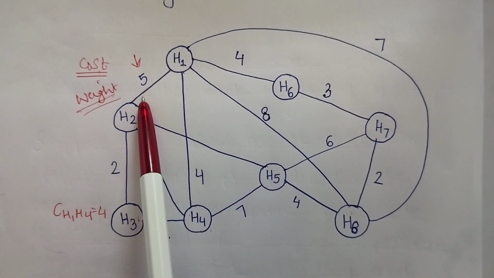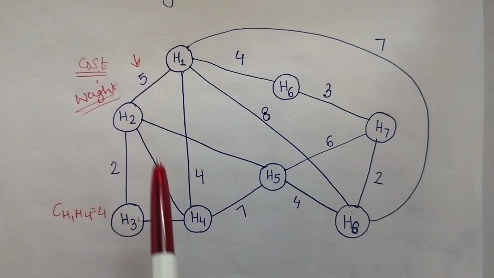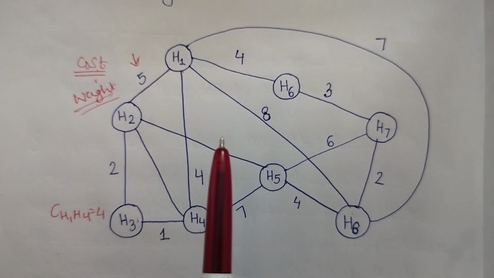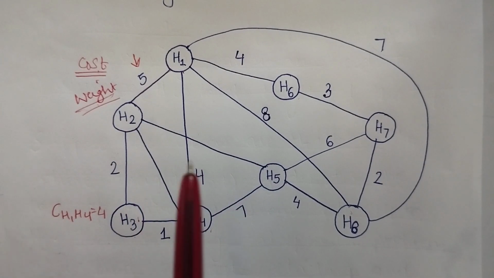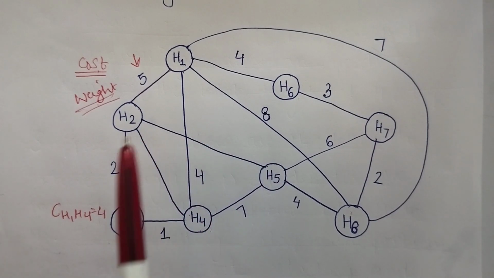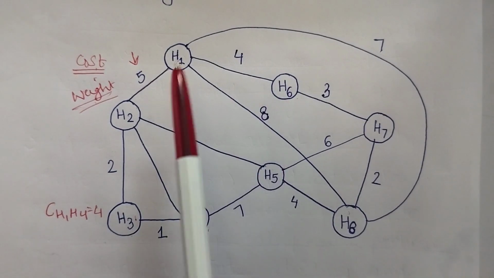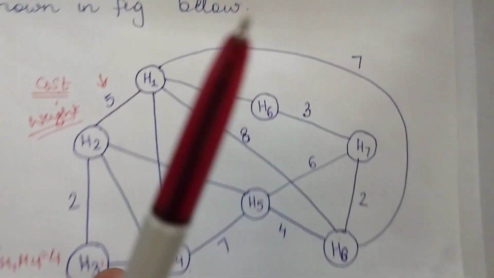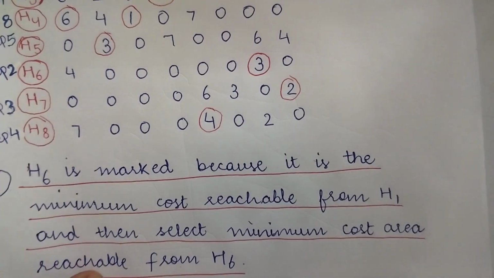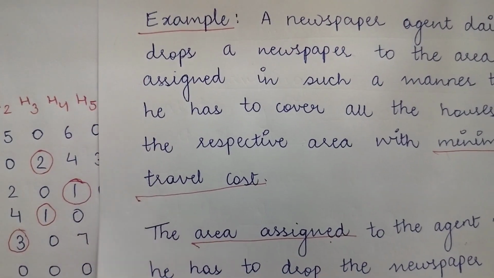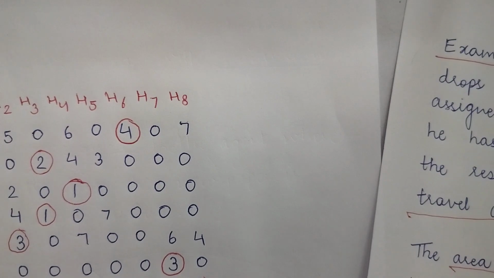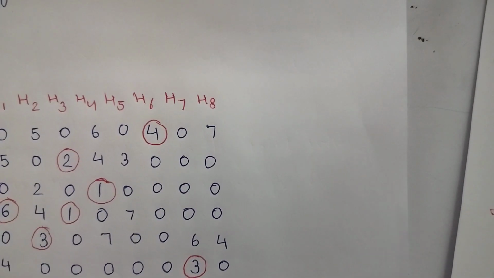The costs are already provided to you, and you just have to find out which path will have the minimum cost of reaching. So how do you find that minimum cost of reaching from one city to another? That we will see now. Now the solution is that, I gave you the example of a newspaper agent, so the solution is that you have to find out the cost